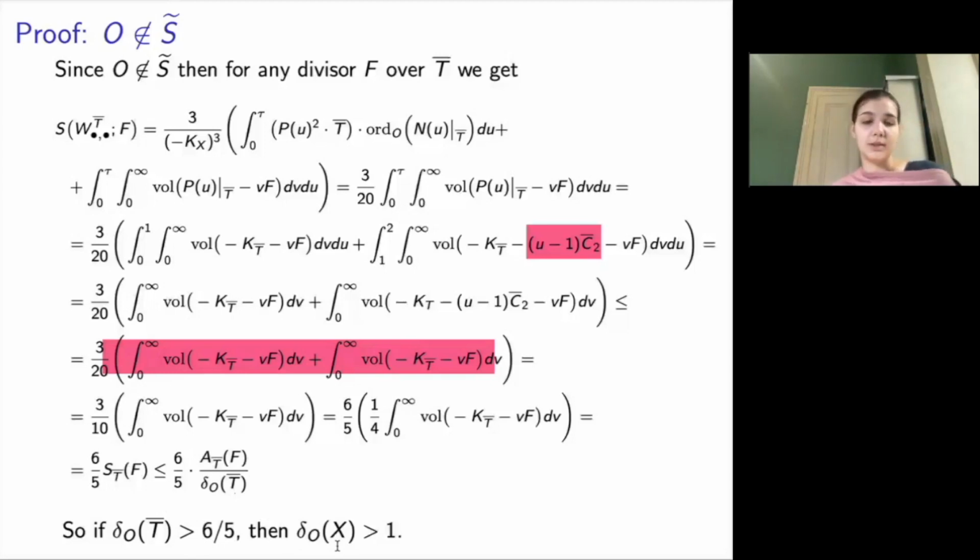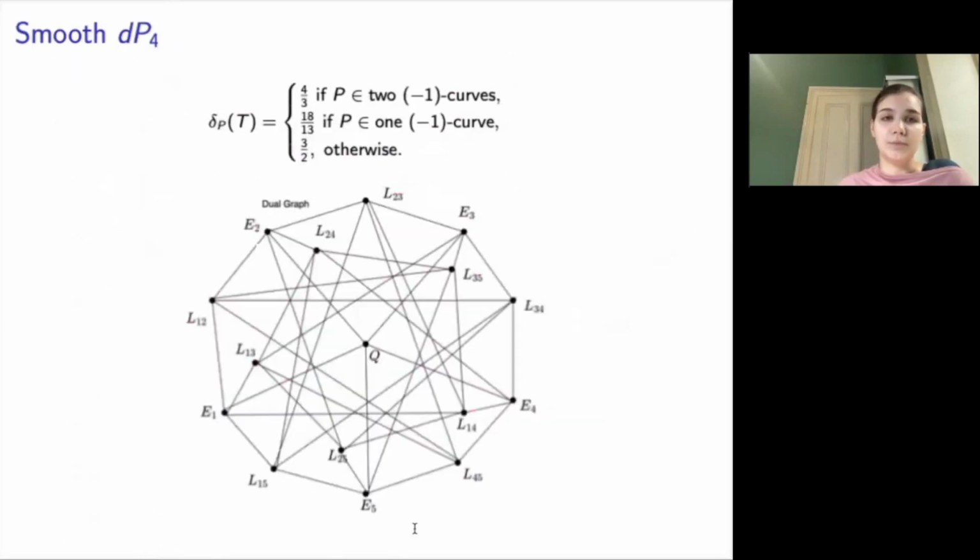And we are basically done. So if we give all the computations only for curves for which the local delta invariant is less or equal than 6/5, the result will be proven for them. And then for all the others, we will automatically have that the global delta invariant is greater than 1. And note that I calculated all local delta invariants, at least estimations for them, for